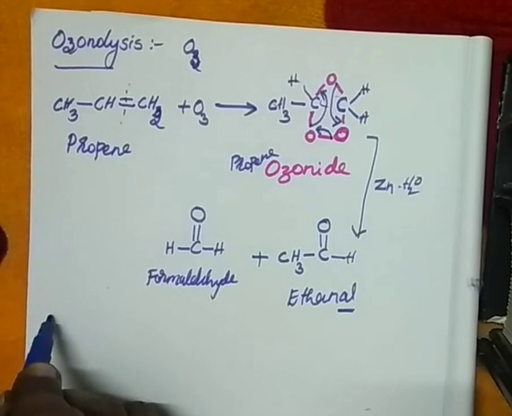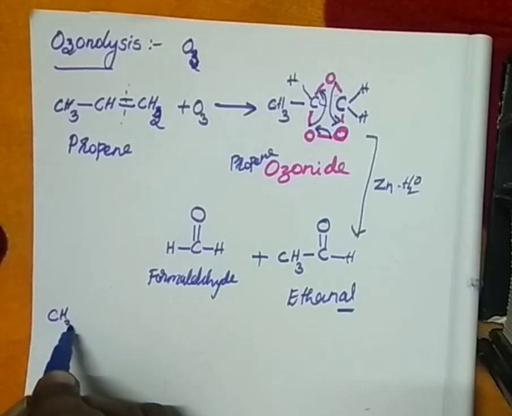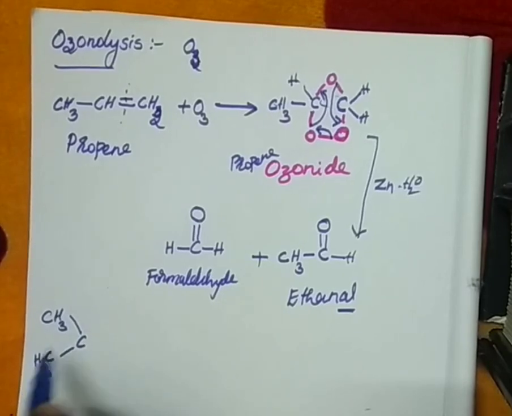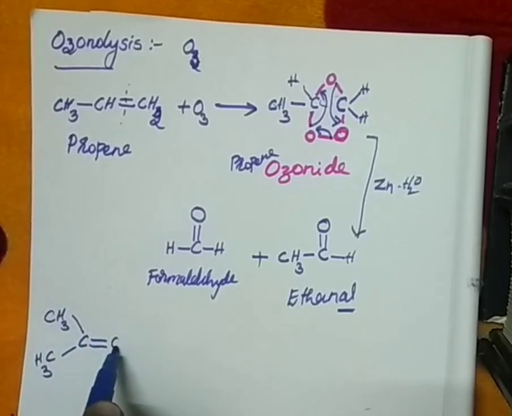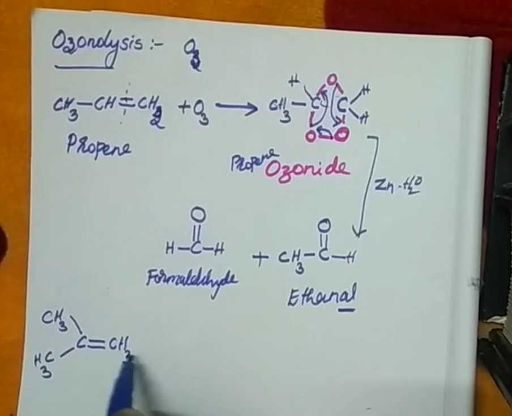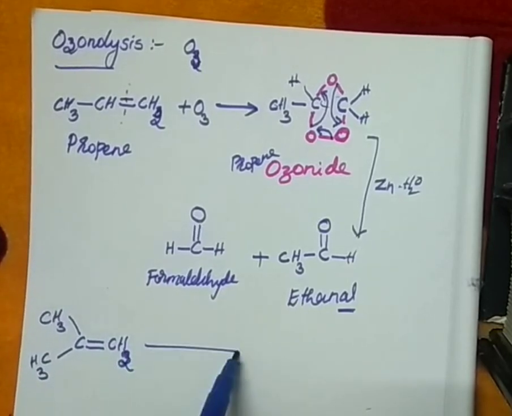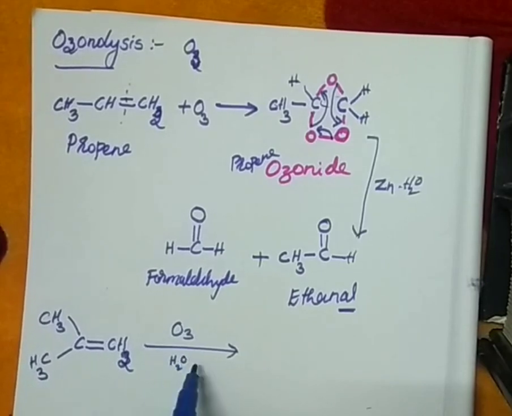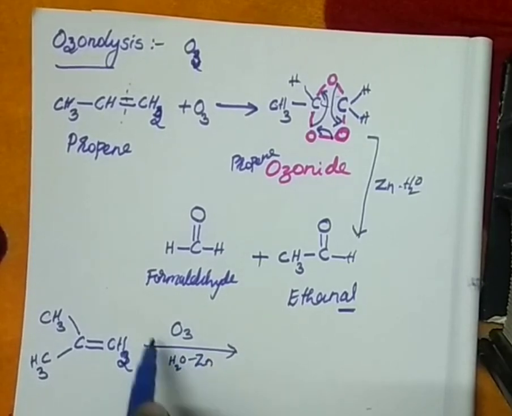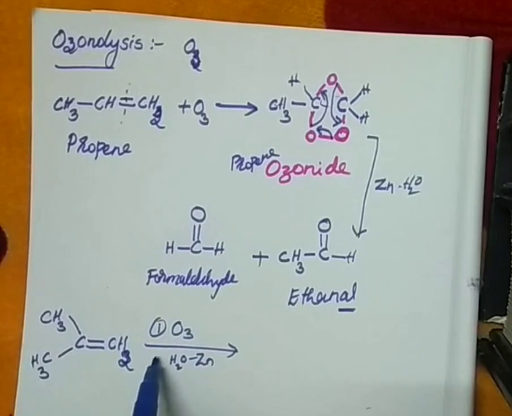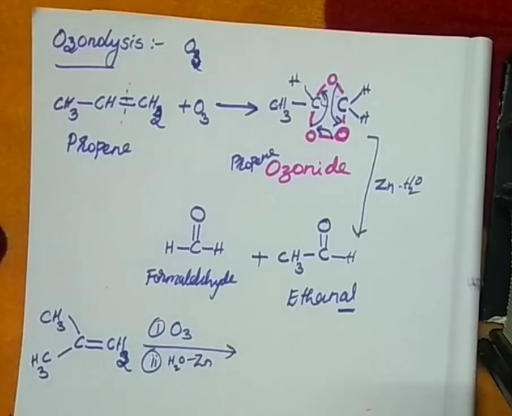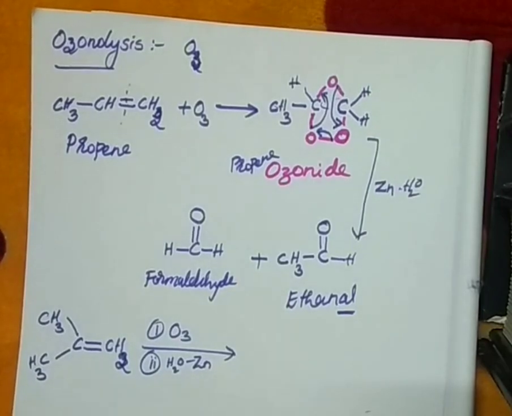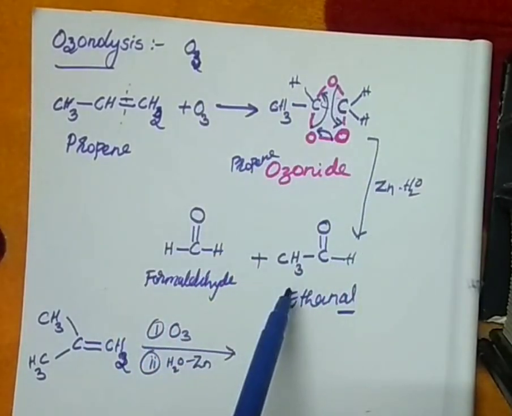For example, here they have given again. Let me write one example. I have also given some more examples in your notes. Here, they have given this reactant, on reaction with ozone followed by zinc and H2O. So here, the first step is this, the second step is this. Together they will write it. So you have to understand. Once you get practiced, you do not need to write this and can directly get the products.